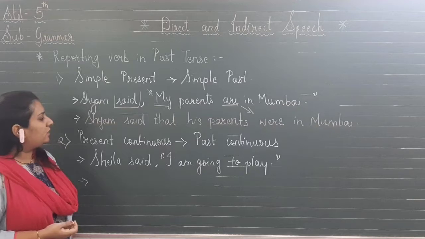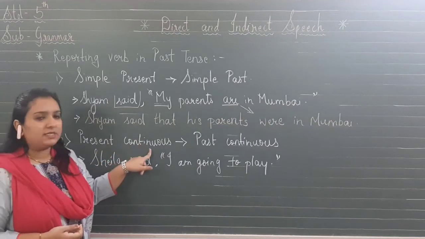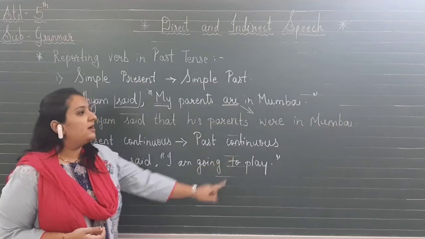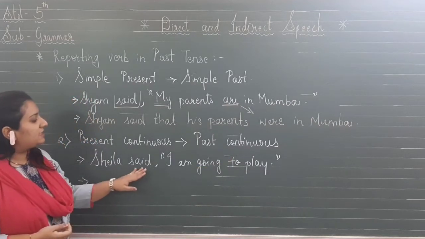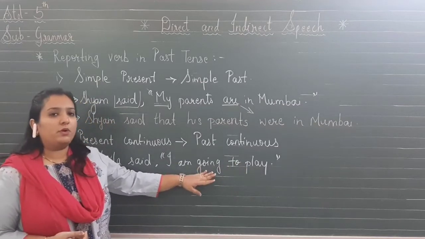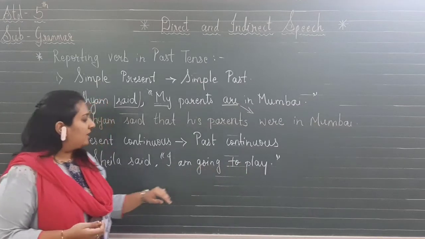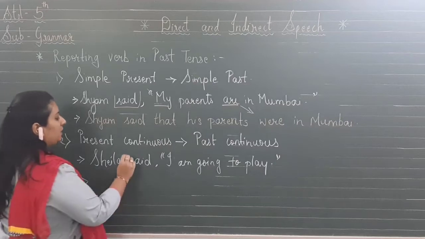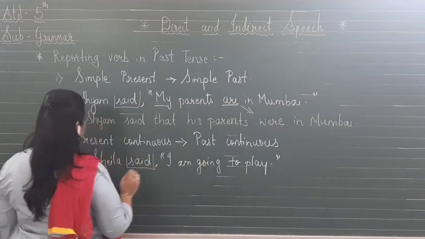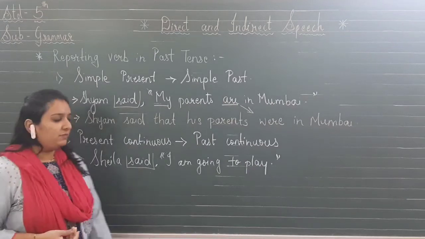Again, let us look at the second one. A present continuous tense sentence will change into past continuous tense. For example, Sheena said, "I am going to play." Here the action is in progress and going. Now, again the reporting verb is in past tense, so we will change the verb in the quoted words. So the sentence will become,